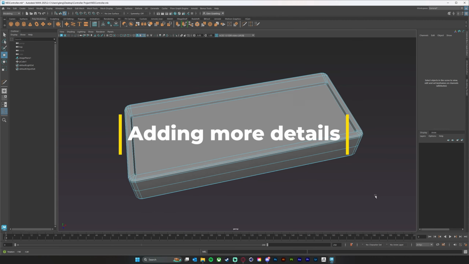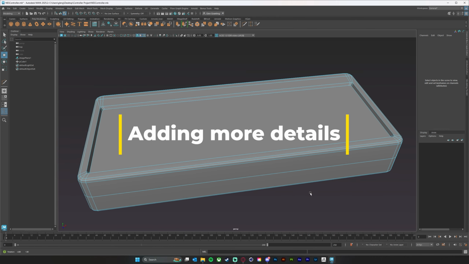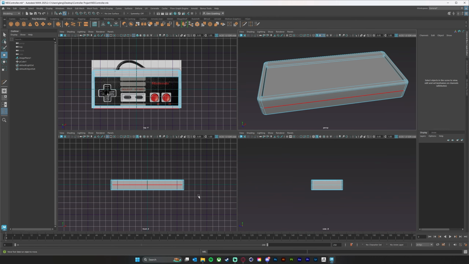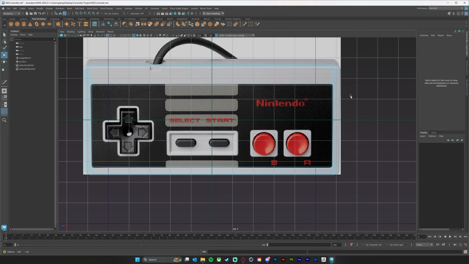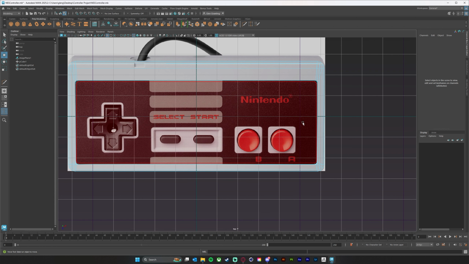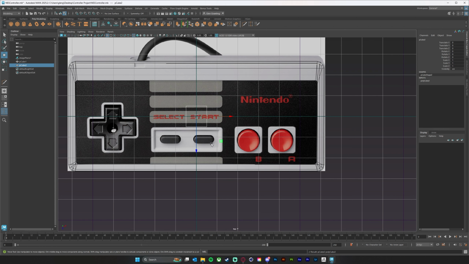Okay, so let's get started with creating those little islands for our buttons. Now, I'm going to start with the easiest ones, which are going to be this guy right here. And we're just going to start with a cube. So let's create a cube,